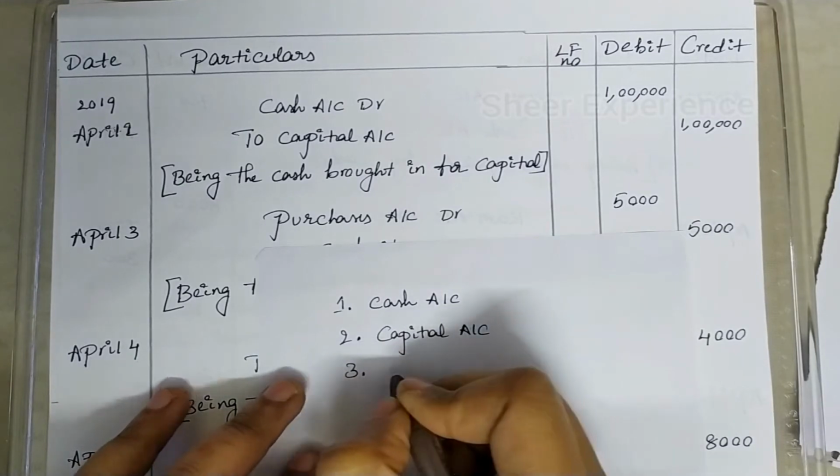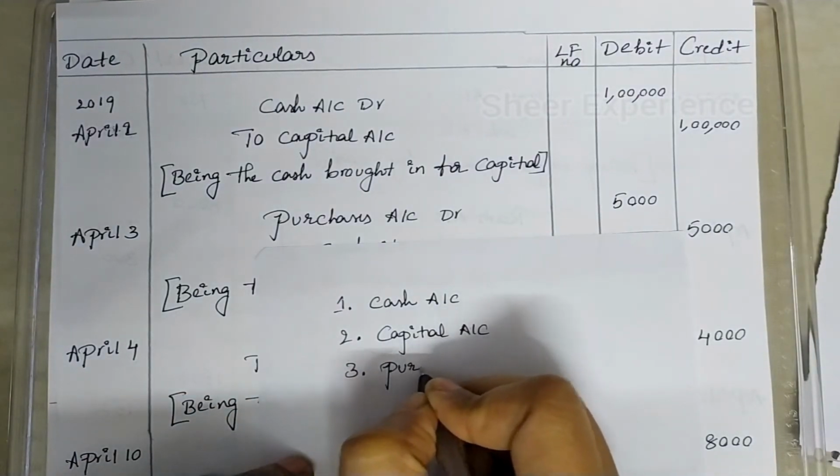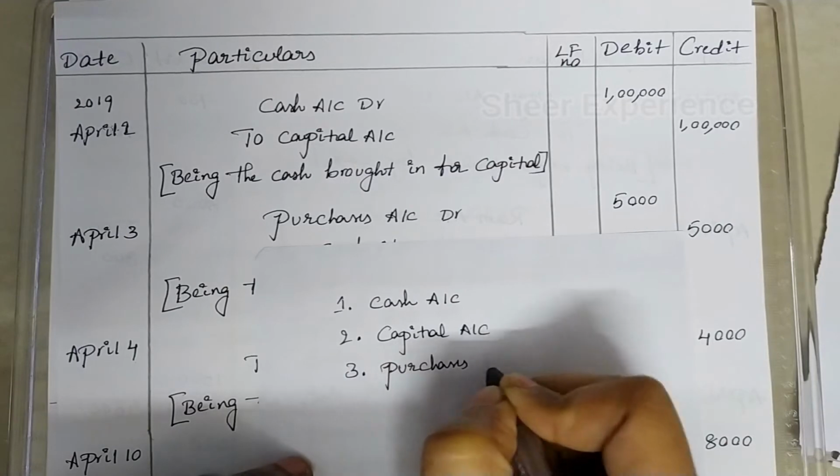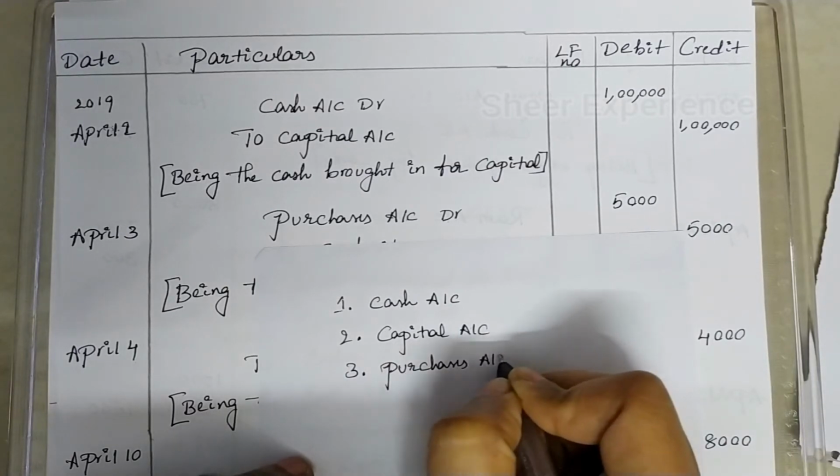But while preparing ledger accounts, we need to remember that if any account is repeating more than once, then we should consider that account only once. We have cash account in the first journal and also in the second journal. And even in other journals also we have cash account. The rule here is if any account is repeating, we have to consider it only once. Here we have already listed cash account. So cash can be ignored in other journals.